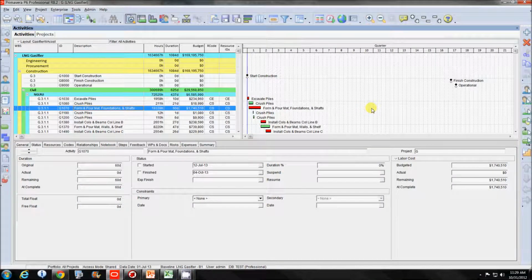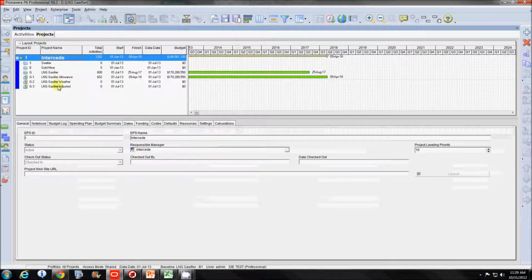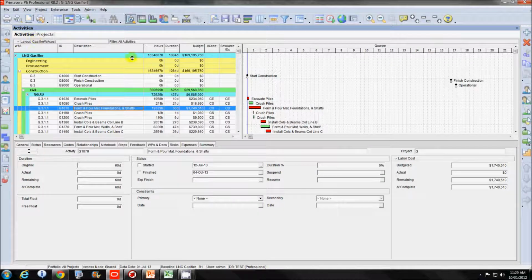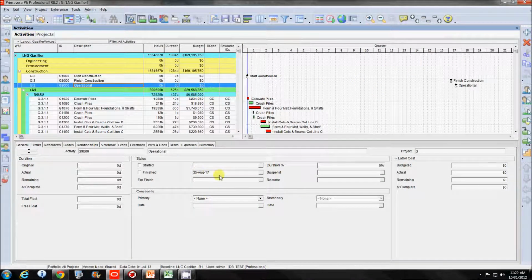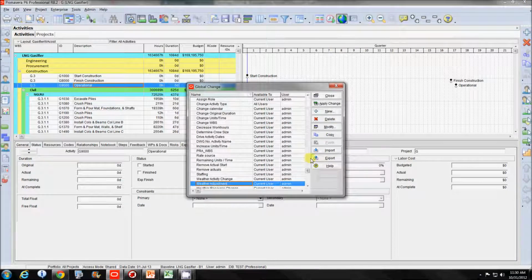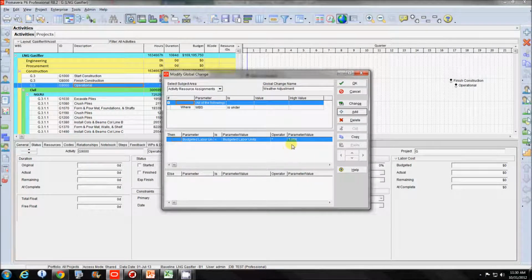Okay, this is what we now have to do in P6. This is our original schedule, the gasifier. You'll notice our operational date is 25/6/17. We're going to hit this with a weather adjustment factor, and here is our 1.056.